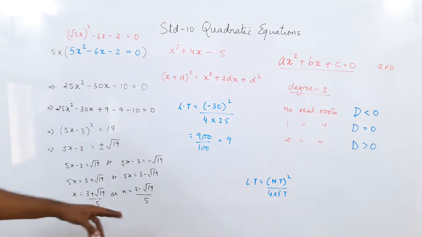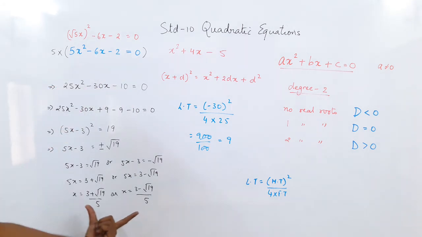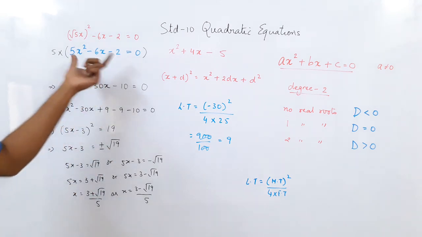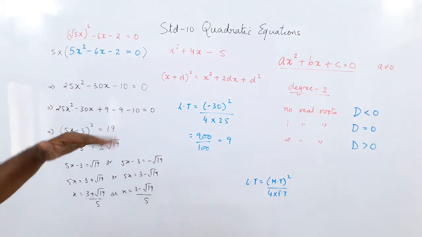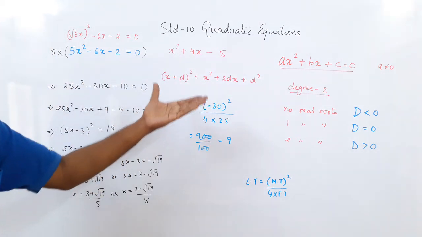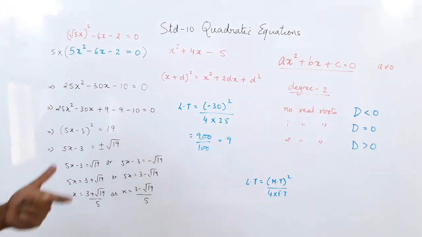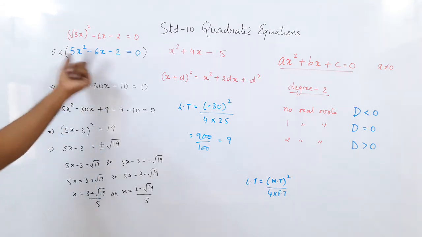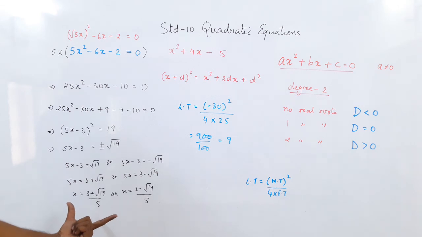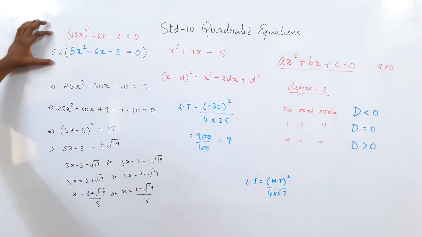You can see the roots are very complex. Now, if you were trying to solve this sum by splitting the middle term, you can see how complex it would have been. So why this method we are learning today, the new method, completing the square? Because in the 9th and in the initial chapter in the 10th, the second chapter, we had very simple polynomials which could be solved by splitting the middle term. But you see such roots. How would you split the middle term in such a way to get these roots? It was almost an impossibility. Okay? This looks like very hard work, but we have made it easier. How? By learning a new method called completing the square.